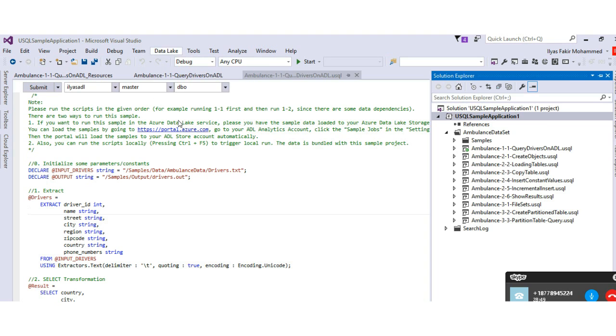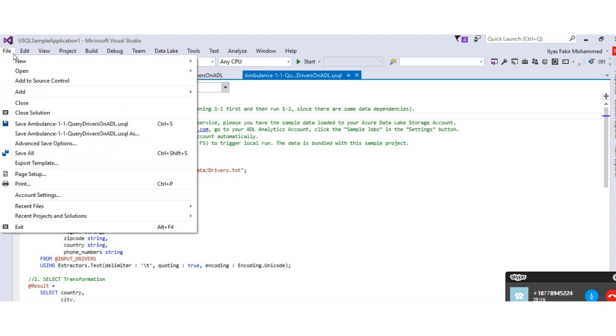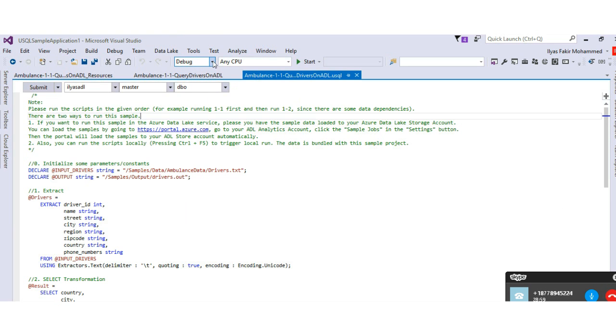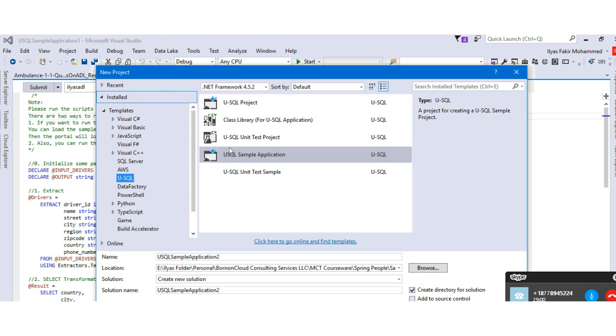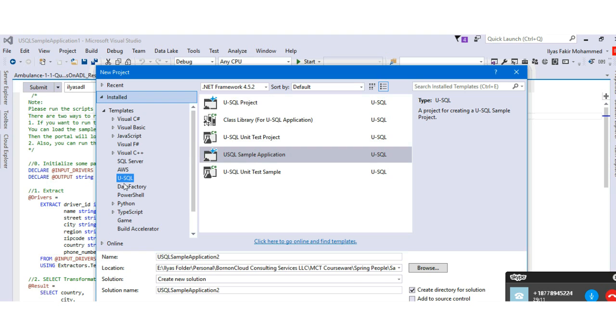Once you install it and restart Visual Studio, you can find the new menu appearing on the top. Once you have the Data Lake tools installed, go to File, click on New, and say Project. After installing the Azure Data Lake tools for Visual Studio, you can find a new template listed in the template section under C#.